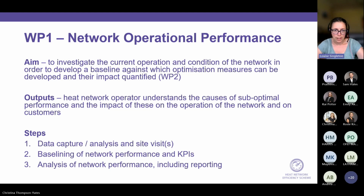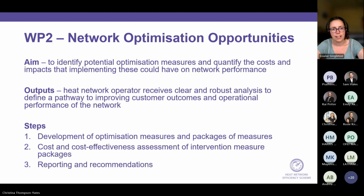And then the second work package, if you go to the next slide, is actually looking at what are the opportunities to improve that performance. So what measures could be installed? How much would they cost? What impact would they have in terms of reducing energy use, reducing flow temperatures, return temperatures, any sort of areas of underperformance? And ultimately, what you'll get at the end of that is what we call a techno-economic analysis, which is a real